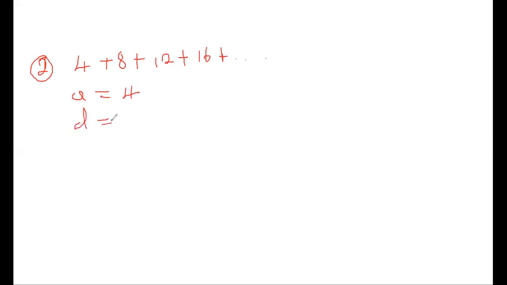So we were on the sequences. So we can go to our number 2, which was 4 plus 8 plus 12 plus 16 plus onwards. So here our first term is 4, which is A. Then our D would be the same as 8 minus 4, or 12 minus 8, or 16 minus 12, and that would give us